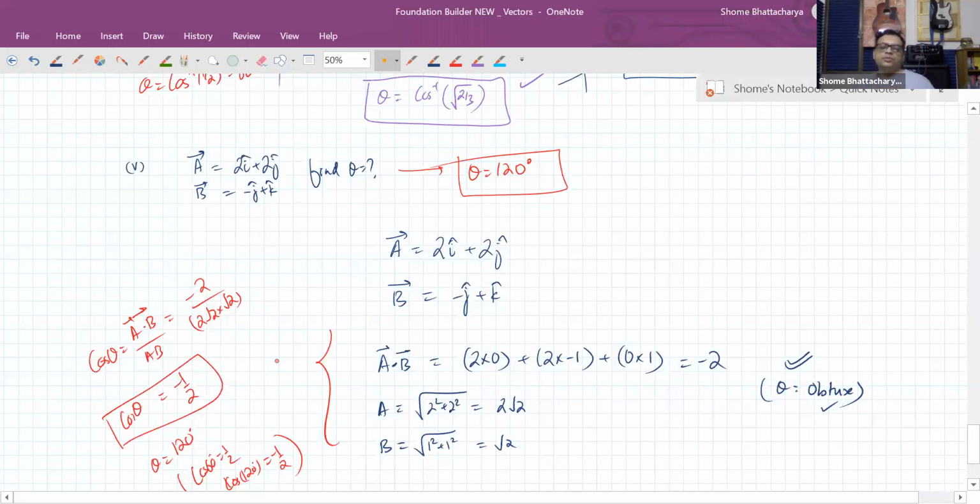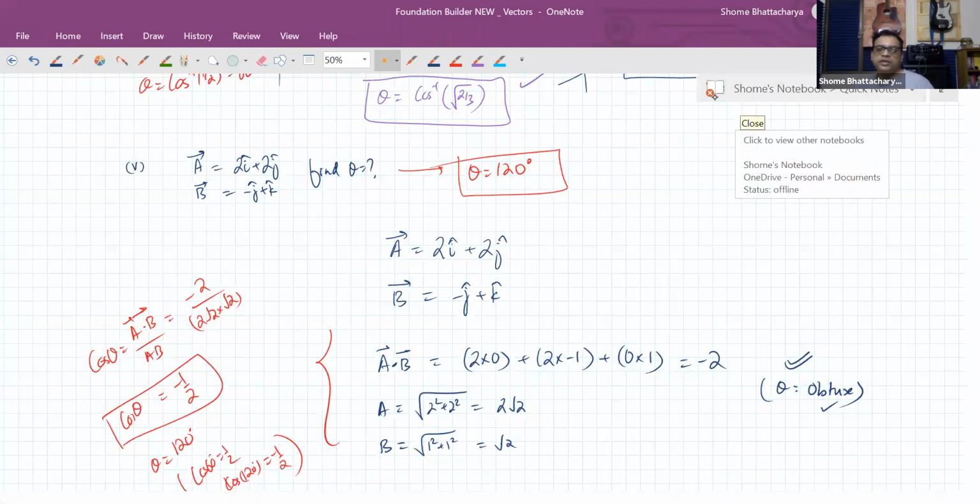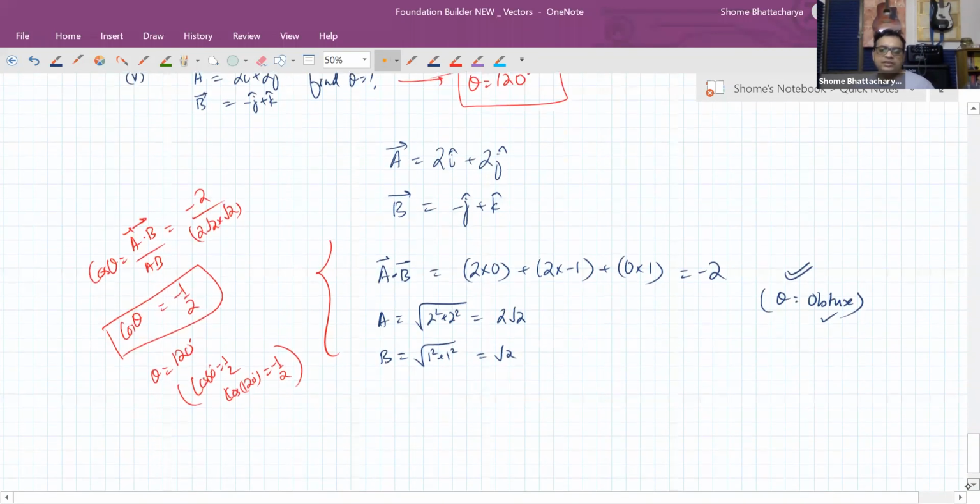Okay, so this is a very important application of dot product. It gives you a straightforward way of calculating the angle between two vectors, whether it's two dimensional, three dimensional, whatever be the case. In two dimensional, of course, you can draw the vectors and calculate the angle geometrically also, but in 3D you cannot do that. So in the three dimensional case, wherever there is i, j, and along with that k also, you have only one feasible method of calculating the angle between two vectors, and that is the dot product method.